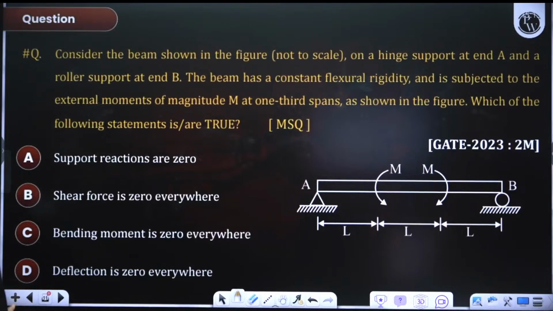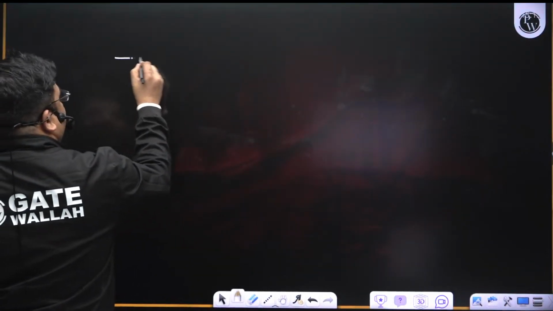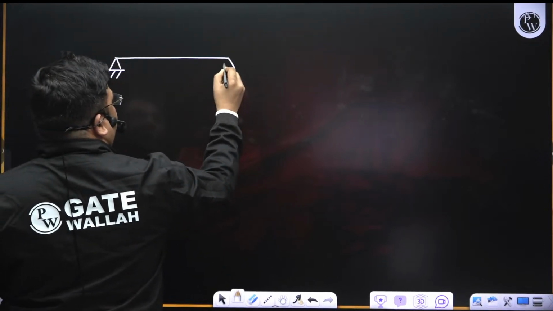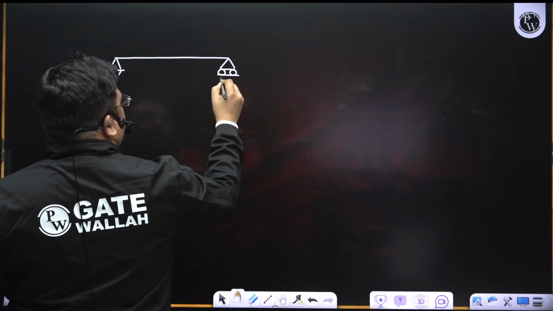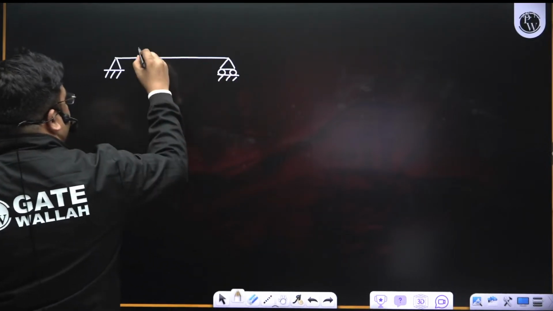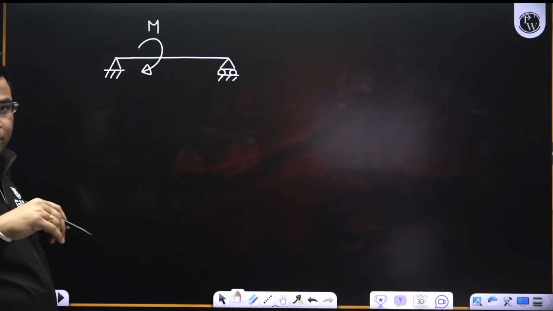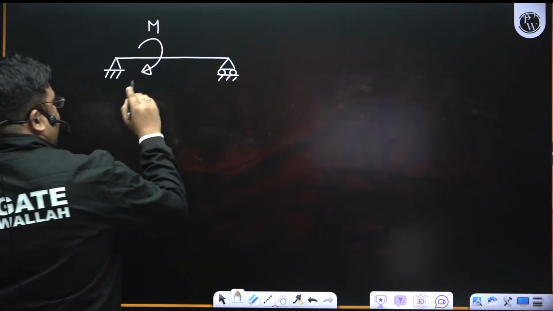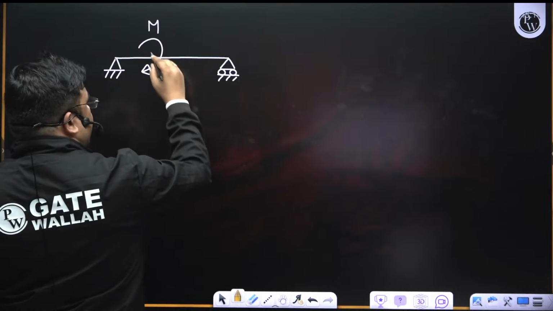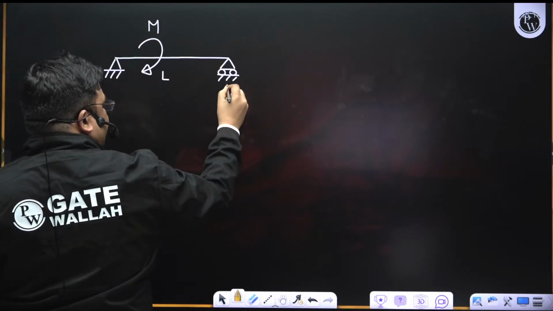Okay, I'll explain now. Whenever there is a moment, suppose we have a simply supported beam like this, and suppose there is a moment M acting like this, anywhere in the beam. What will happen if this is the length L? Then what will be the reactions in this case? Because this moment is acting like this, it will try to press it. So here the reaction will be